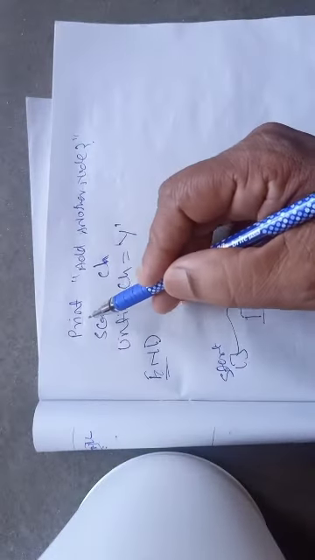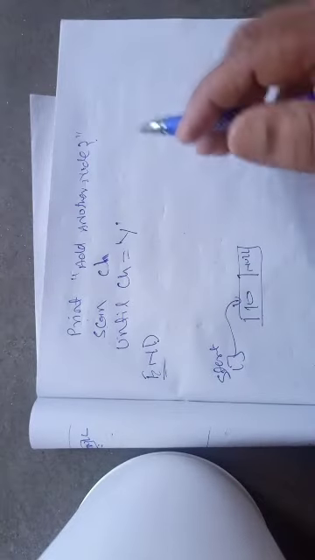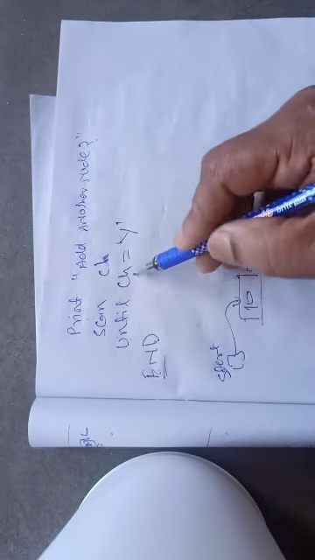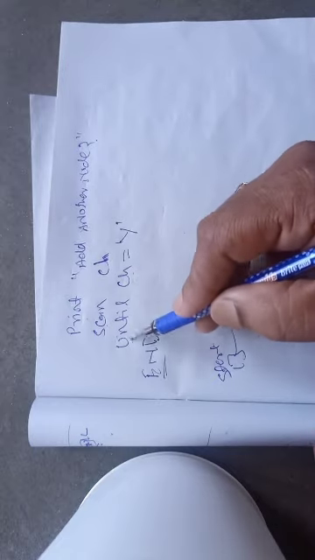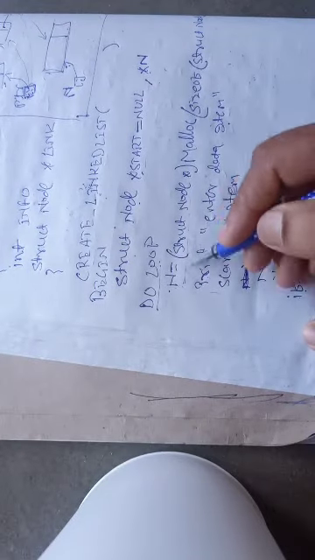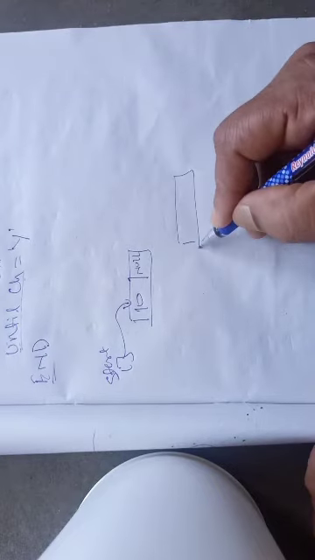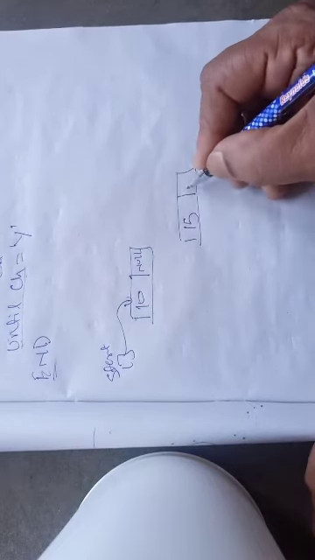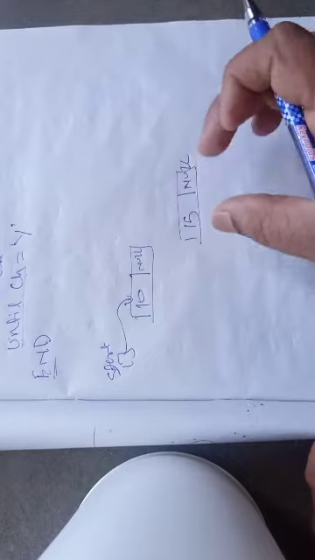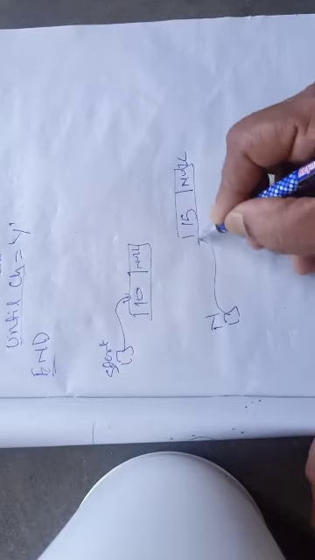So in the end if part, my program will ask add another node, scan ch. Now suppose the user has given yes that he wants to add another node. So choice is y. So until choice is y means this is a loop. So the loop will begin once again from n. That means a new node will be created right now here n, and its data will be stored in the info part, and n of link will be null. So now in this diagram a new node is created. Let's say data is 15 and its link part is null, but this new node has not been attached to this node yet, and variable n points to this node.